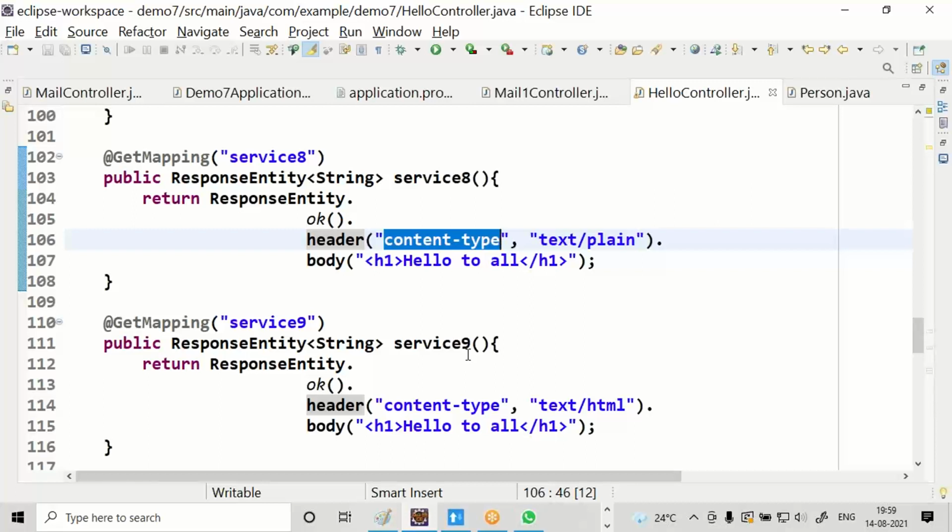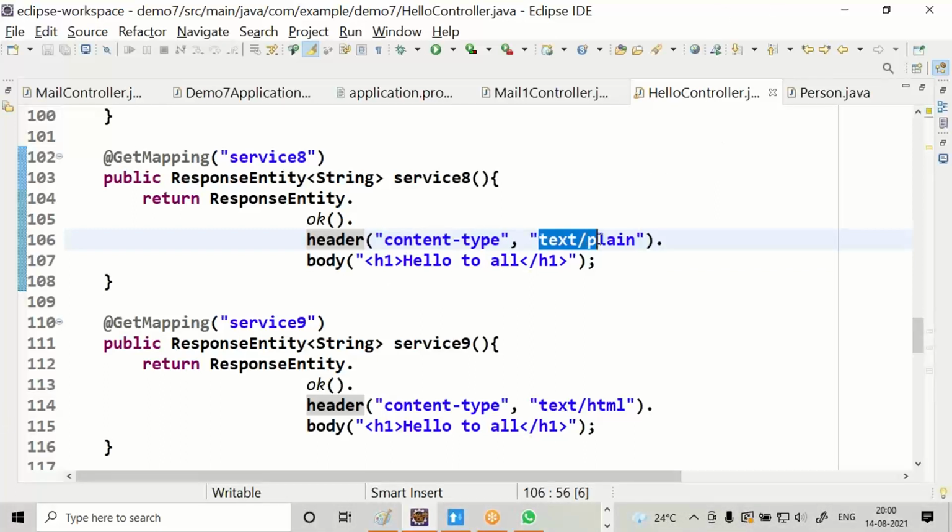Please remember, in any browser based request, the server can specify what the content type is. It is one of the response headers. Content-Type is the name of the response header.